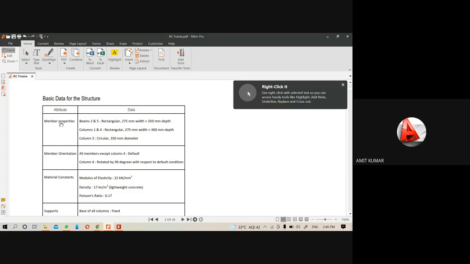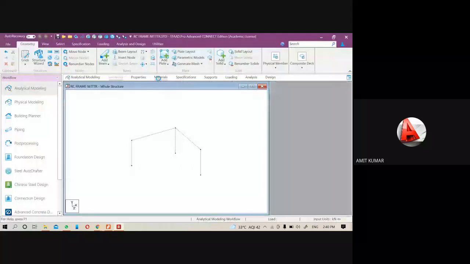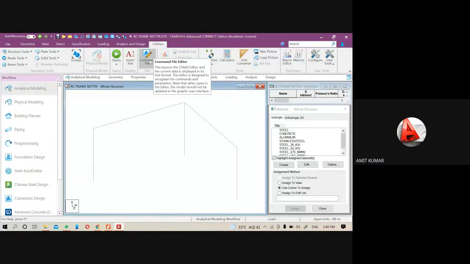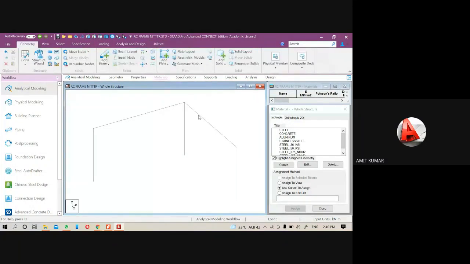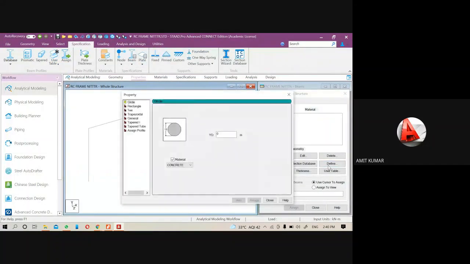Let me define the properties. So either change the properties through the material option, for which you have to create a new material here, but sometimes creating the material takes too much time from here. So I will change it from the command file, that is your STAAD editor. I will provide the property, go to define.